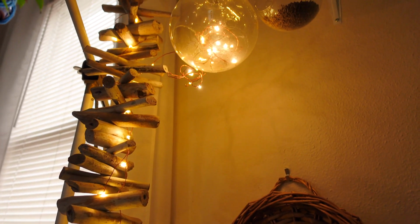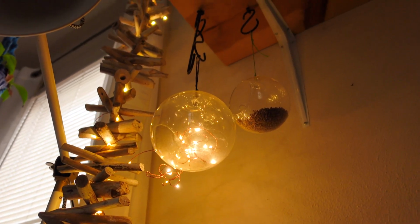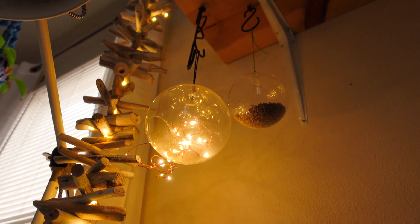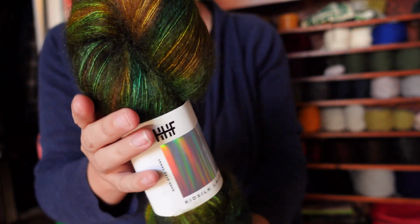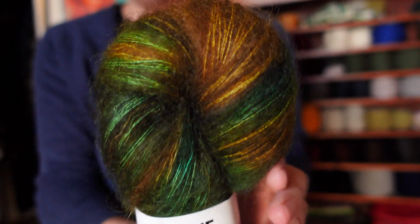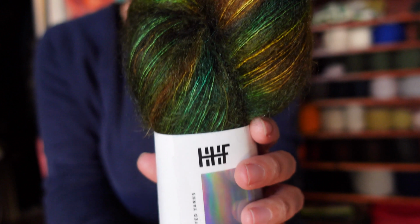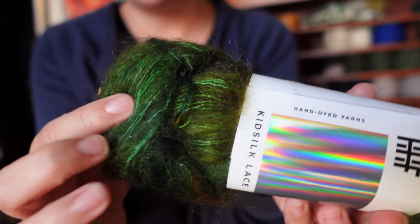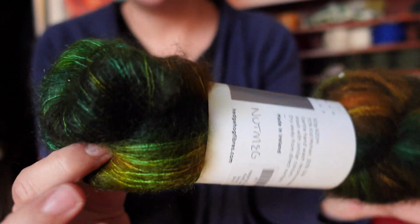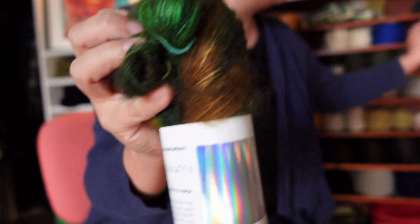So lately I've been looking at everything that I have in my stash for new projects and new inspiration. And I came across one of my favorite purchases that I haven't touched because I want the perfect project for it, which is this Hedgehog Fibres Kidsilk lace base in the color Nutmeg. And it's so beautiful. I've been so self-conscious. I just want to use it for something perfect, and I think I just need to make the jump sooner